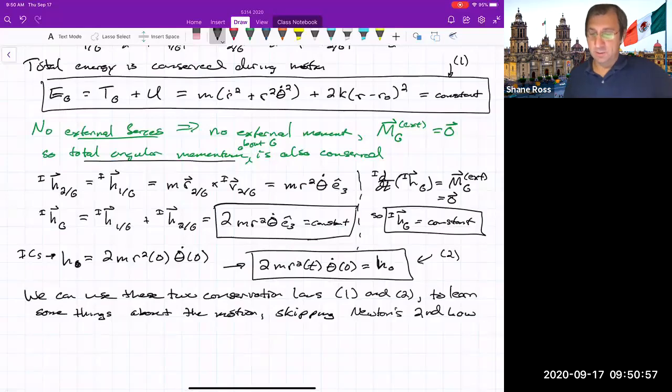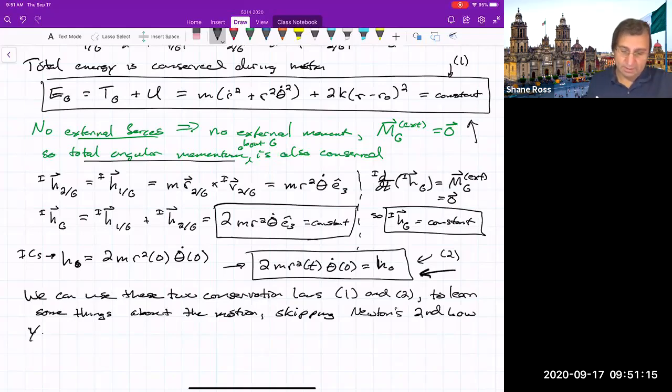So you can use these two laws, plug one into the other. I think you'll use this relationship, formula 2, in the energy relationship, formula 1, and you get an equation. There'll be some algebra, but you'll get an equation of the form